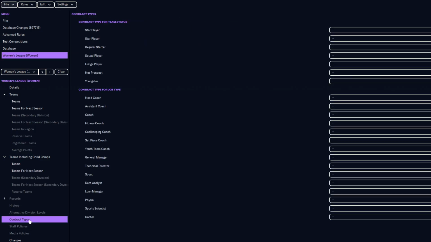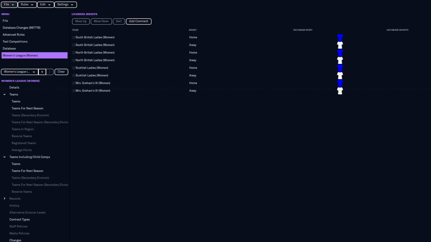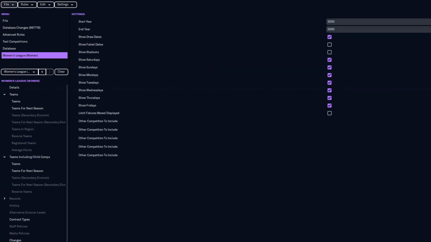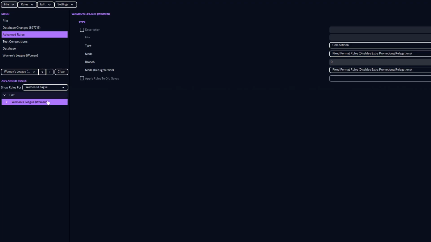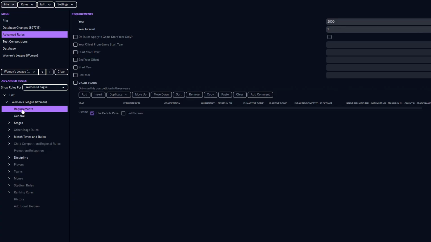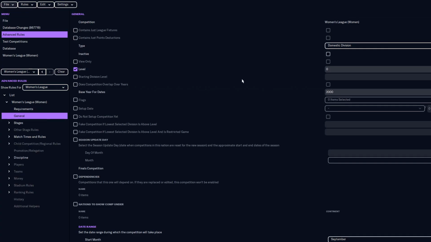Contract types. Changes. License colors. I don't see anything in here that would suggest a problem. So let's go back to the advanced rules and look again. We can go requirements, general,